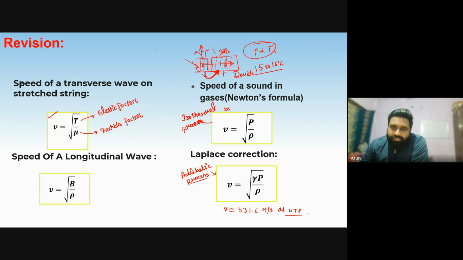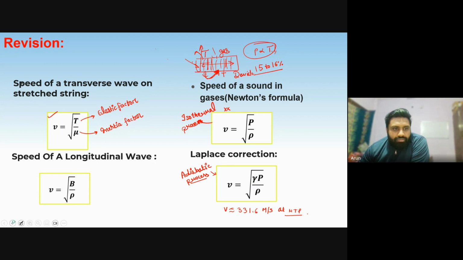Got it? This gamma here is the adiabatic index, which depends on what type of gas we have taken, what is the atomicity of the gas, whether it is monoatomic, diatomic, or triatomic, and I have discussed how to find the gamma. Okay, and try to remember at least three values of gamma for monoatomic, diatomic, and triatomic gases. Okay,